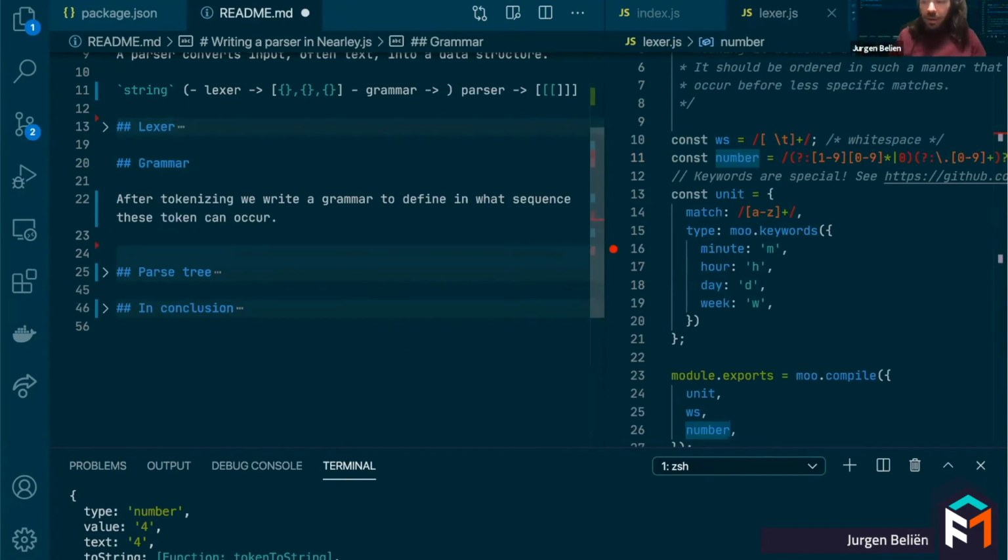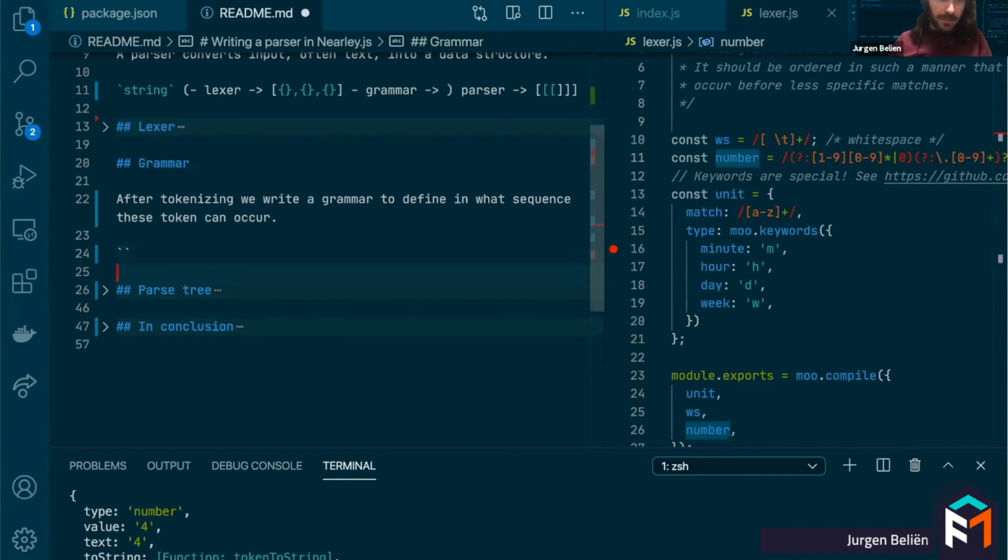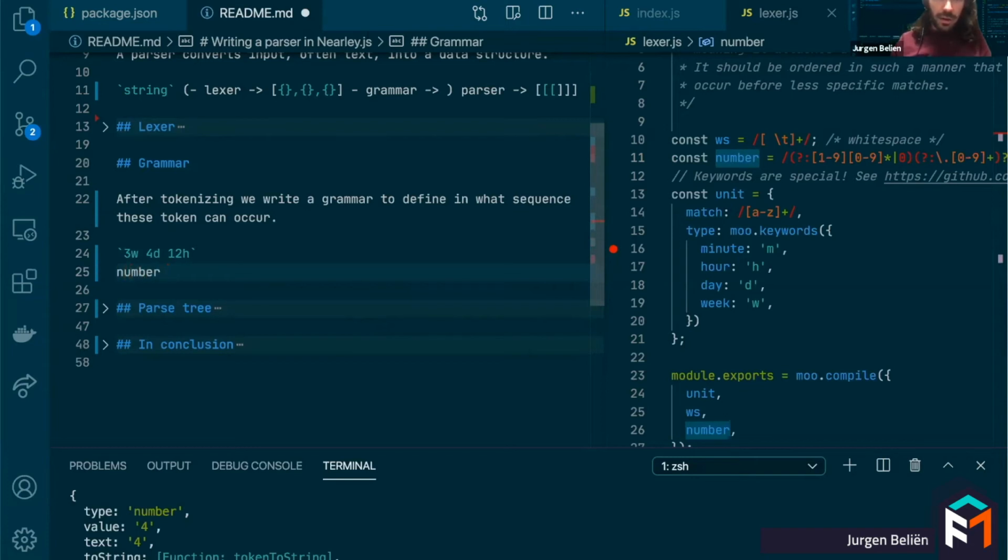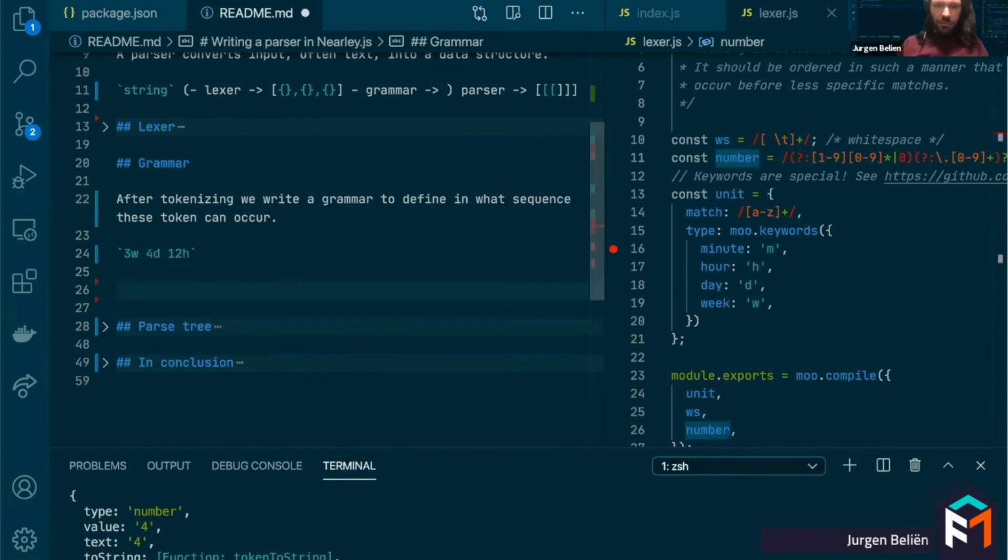So the grammar is actually describing the sequence of these values. Again, 3 weeks, 4 days, 12 hours. We already said we have a number, a unit, and a white space. I can go on and on, but I'm going to take it step by step. So this thing I'm going to call a statement, and that statement consists of a